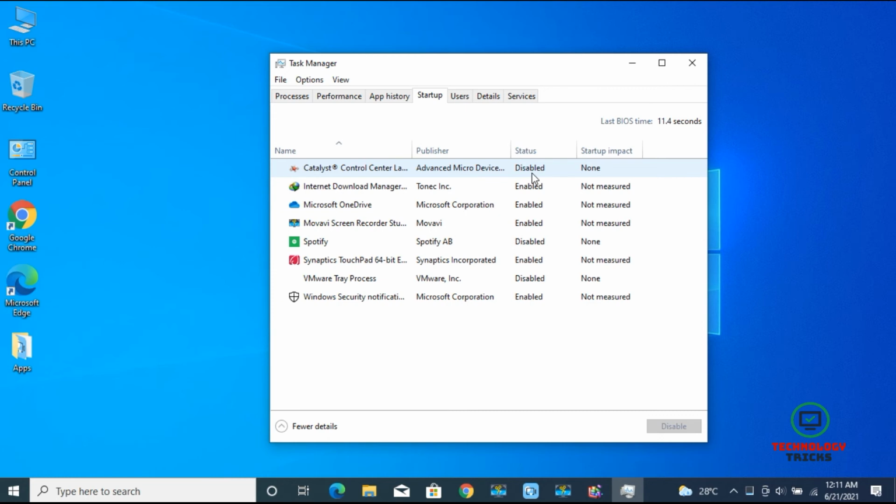These are not required because they impact your system performance and boot time. My boot time is 11.4 seconds right now, so you can reduce it with the help of that. This is enabled here, so you can just click here and disable it. Just do like that. This is also enabled, so disable it, because these are not required on startup.